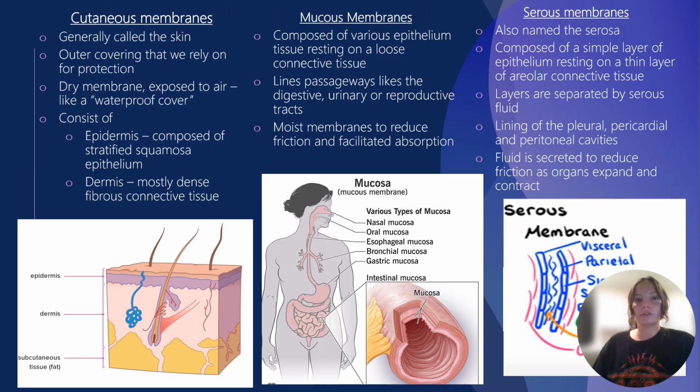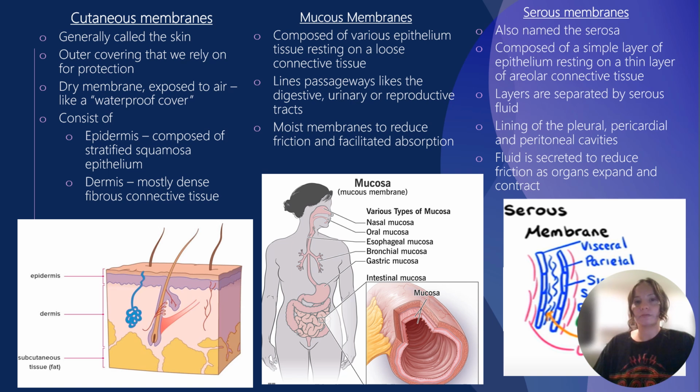Now going on to the different types of membranes in the human body, you have the cutaneous membrane, which is generally called the skin. This is the outer covering that we rely on for protection. It provides protection of our internal organs. It's a dry membrane exposed to air, like a waterproof cover. It consists of the epidermis, which is composed of stratified squamous epithelium, and the dermis, which is mostly dense fibrous